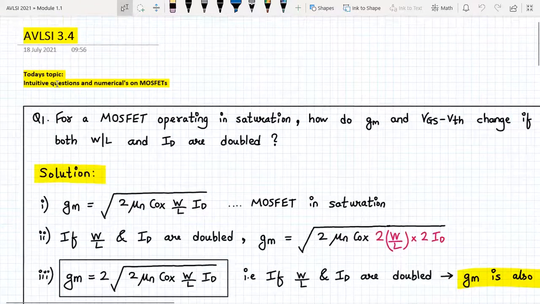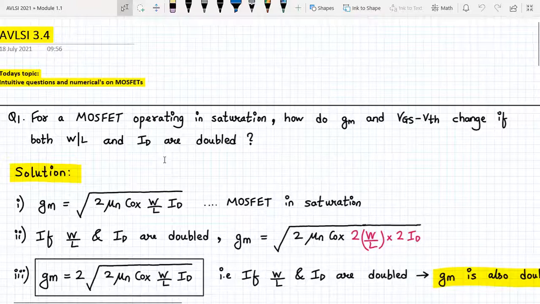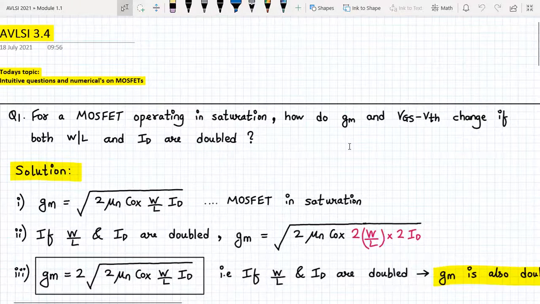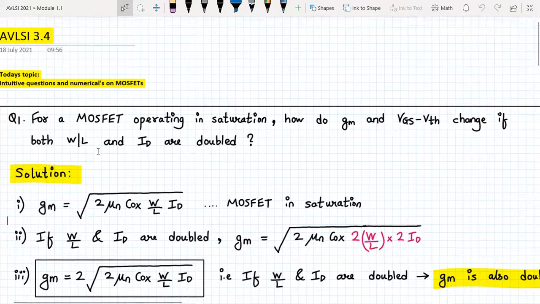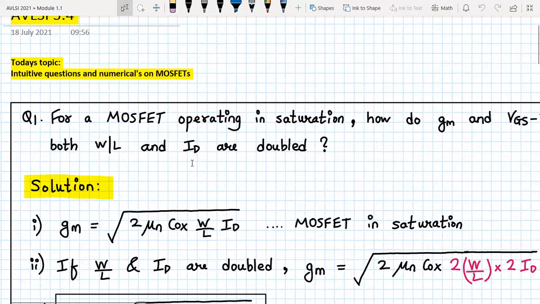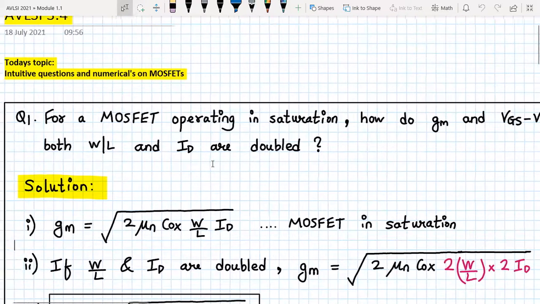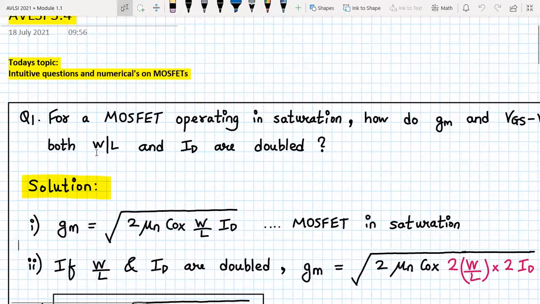Okay. So for the second half, we will have today's topic as intuitive equations, questions, and numericals on MOSFET. So let us start. For a MOSFET operating in saturation, how do gm and VGS minus VTH change if both W by L and ID values are doubled? Okay. So gm and VGS minus VTH, that is the overdrive voltage, how will they change